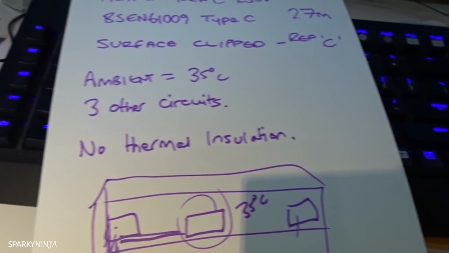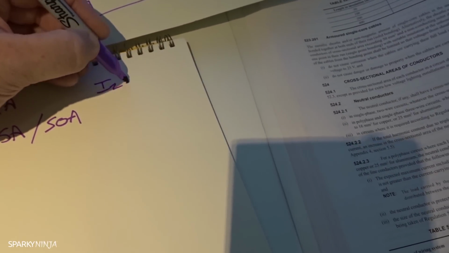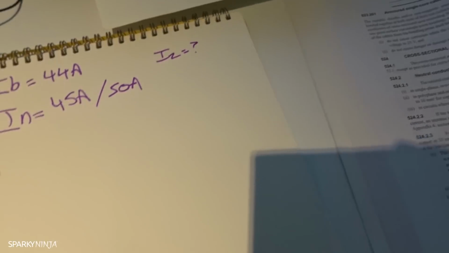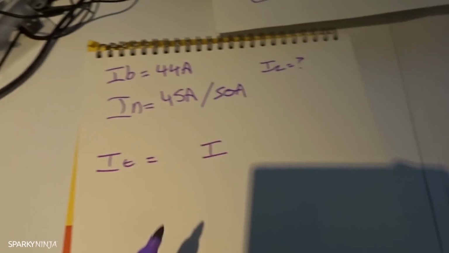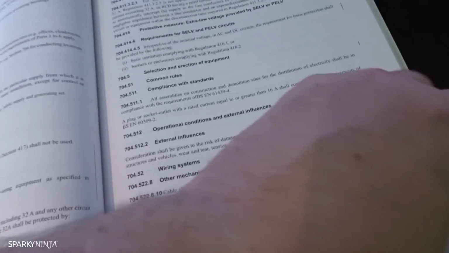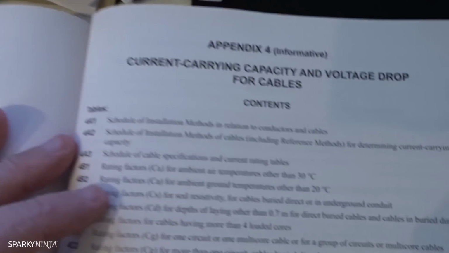Alright, so the next thing to determine is, well, I need to get IZ, but to get that I need IT, and IT is equal to I, and this is the real question now. Let's go to Appendix 4. Which formula do we use? So Appendix 4